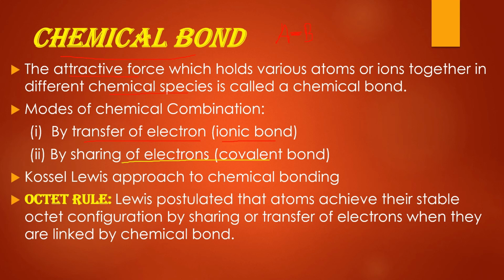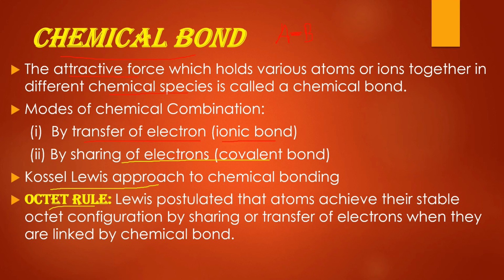Now the first approach of the chemical bonding is the Kossel-Lewis approach. So first of all, we should know what is octet rule. Octet rule is given by Lewis. So Lewis said that every element tends to complete its outermost shell to the nearest noble gas. That means each element tends to complete its valence shell with 8 electrons. And that is why to complete its valence shell, it may gain electron, it may lose electron, or it may share electron. And this is called octet rule.